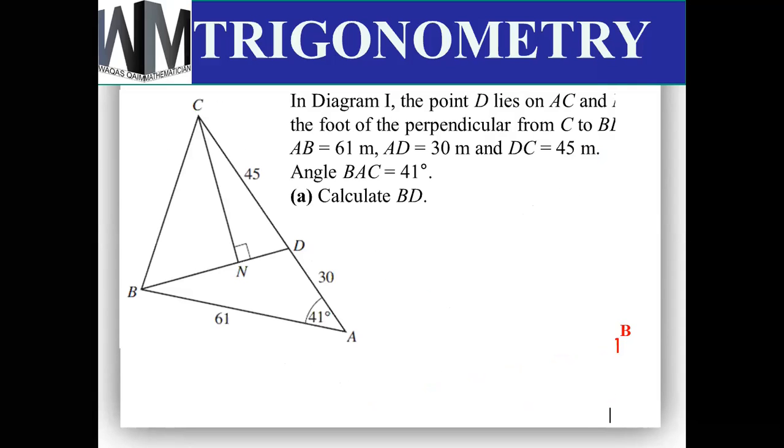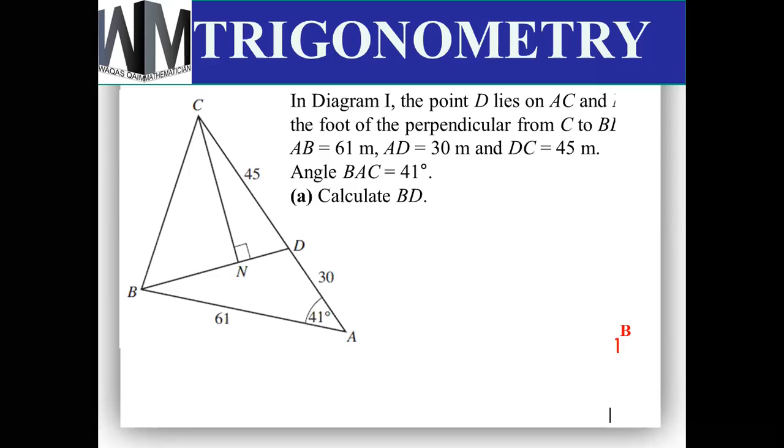In this one, we are given this triangle ABC, and ABC is further divided into two more triangles. ABD will be the first triangle, BCD will be the second triangle, and BCD is further divided into another triangle by the line CN.